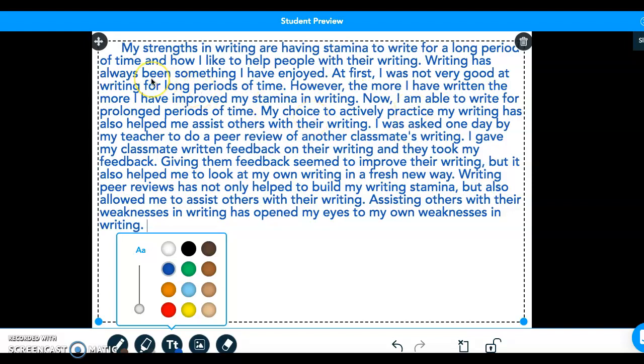So, we have my strengths in writing are having stamina to write for a long period of time and how I like to help people with their writing. Writing has always been something I have enjoyed. At first, I was not very good at writing for long periods of time. However, the more I have written, the more I have improved my stamina